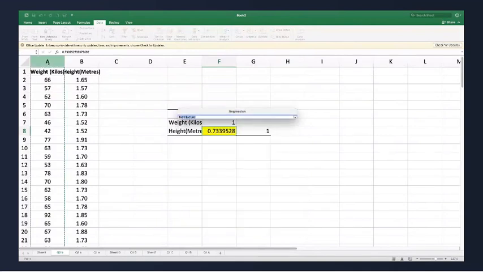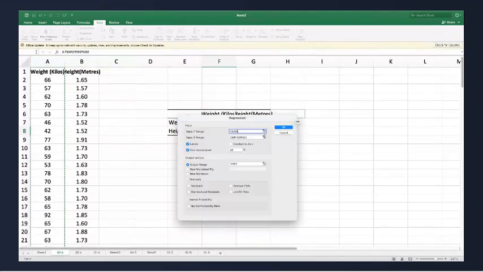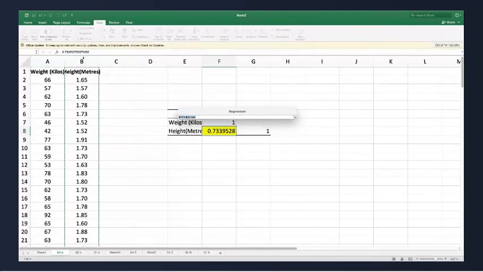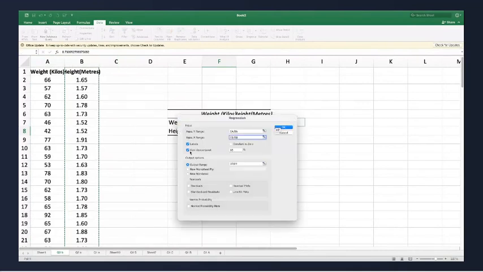I will select column A, which is one variable, and column B, which is the other variable. Are there labels? Yes, there are labels. What is my alpha level? 0.05, so my confidence level is 100% minus 5%, that is 95%.